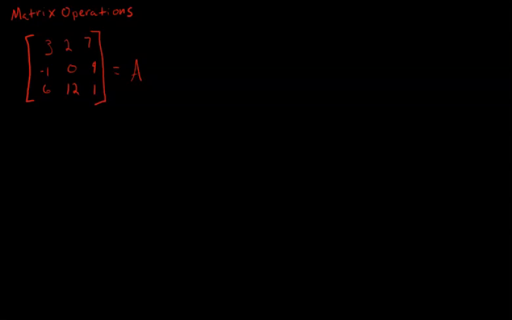So first, what might be a little bit odd here is that it is the numbers 3, 2, 7, not 327, not 32 and 7. So as you write your own matrices, you want to make sure to keep that separate. The second would be that this is not any kind of fraction or anything like that. It's not 3 over -1 over 6 or something weird like that. It is just exactly what it says. 3 is a single element. An element is just a single part of